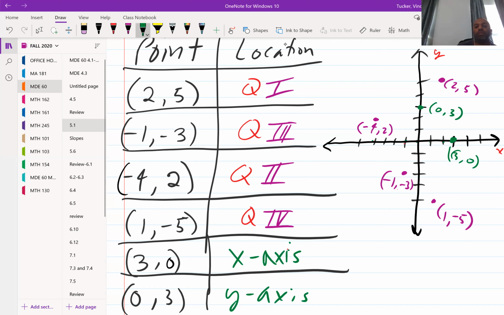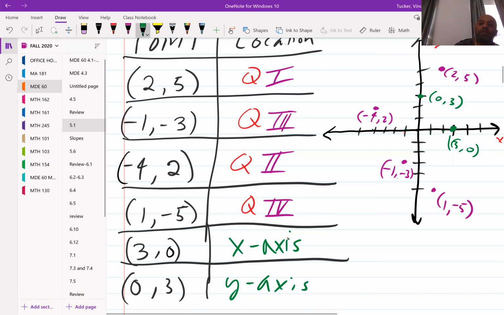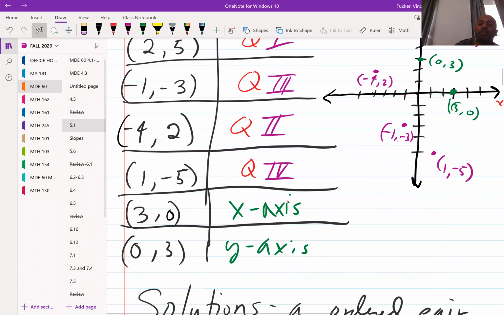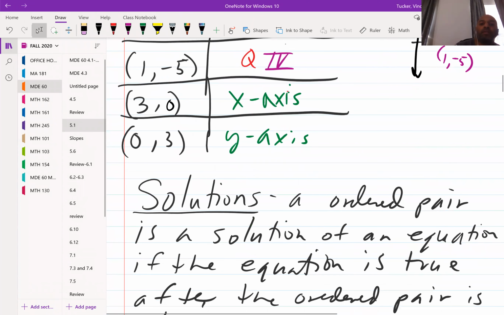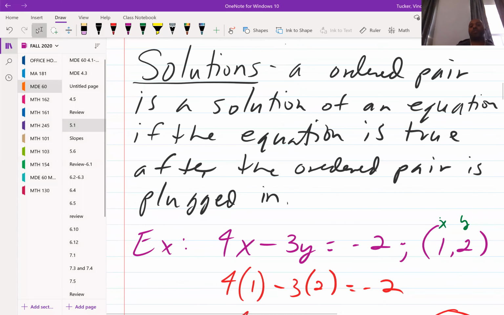All right, questions? Any questions? All right, scroll up. Everybody good? All right. So solutions. We're talking about solutions of a function that has two variables, x and y. For example, ordered pair. An ordered pair is a solution of an equation if the equation is true after the ordered pair is plugged